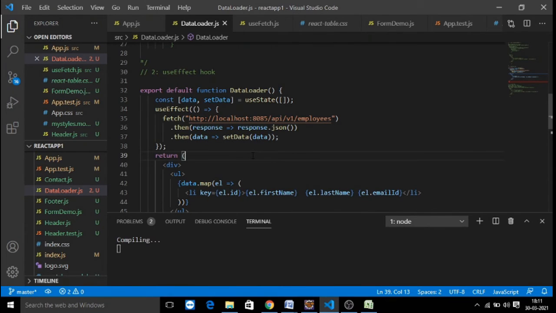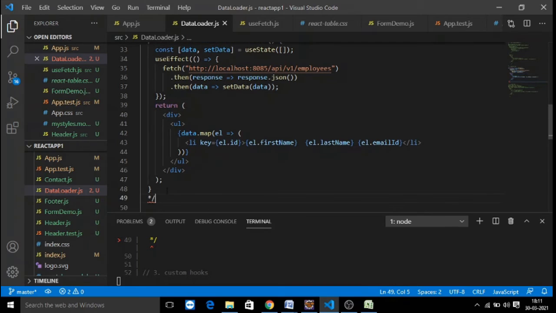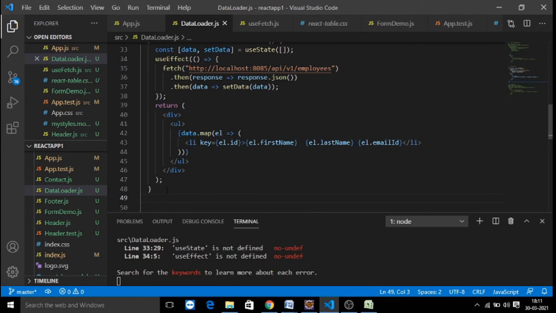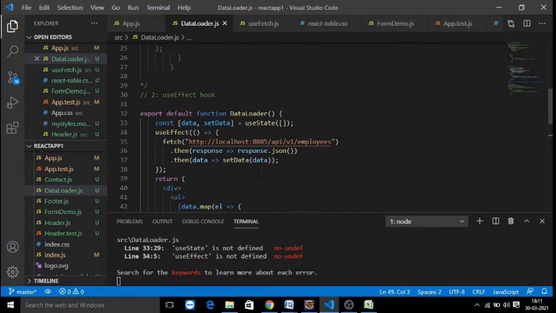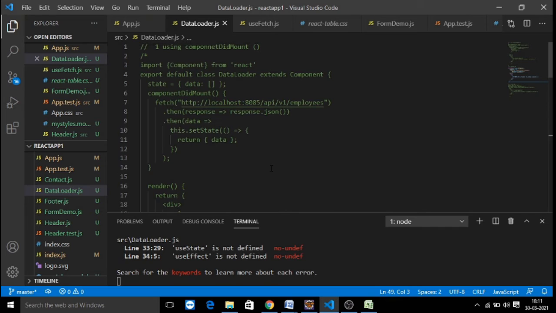Let me save this. I'm going to save this application with the useEffect logic. useState and useEffect are not defined, it is saying. So now we need to import them.